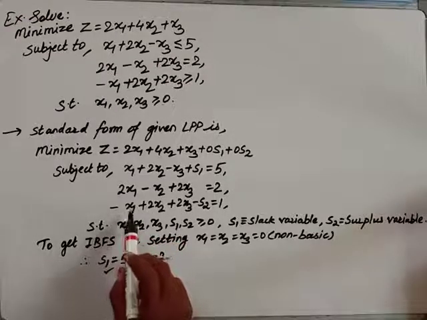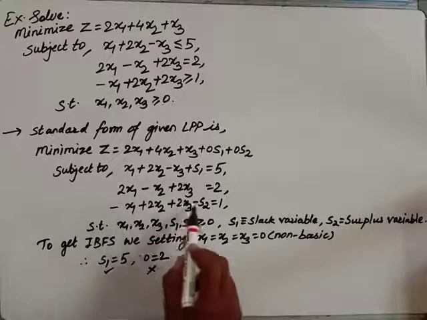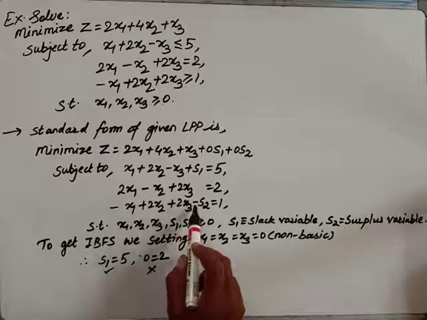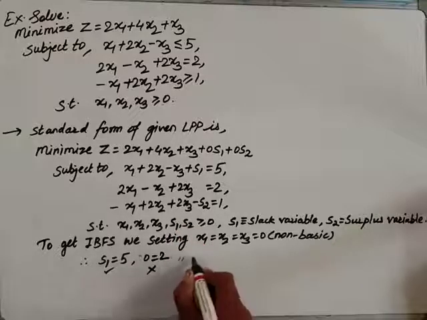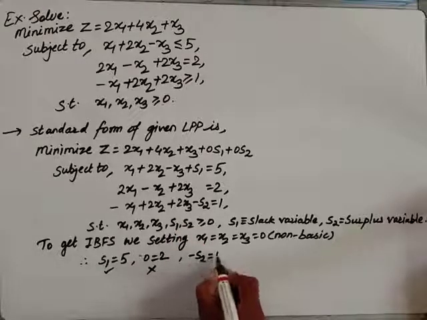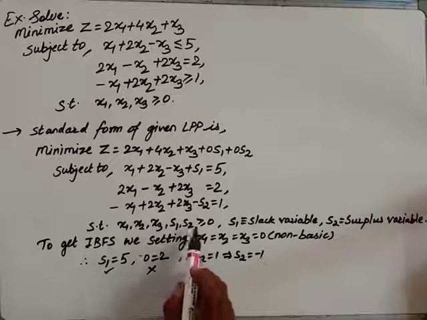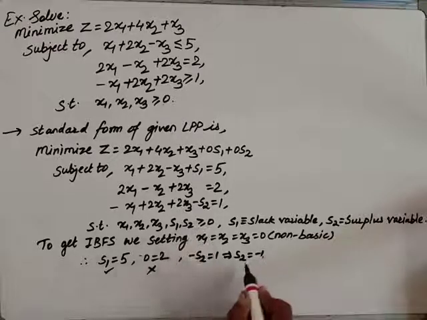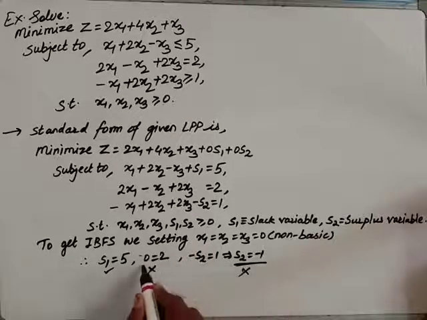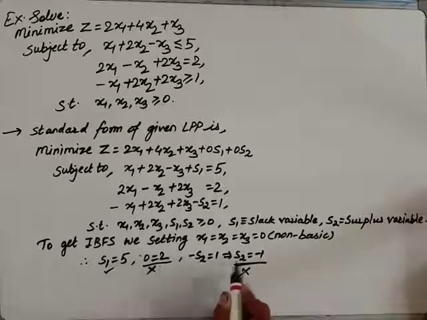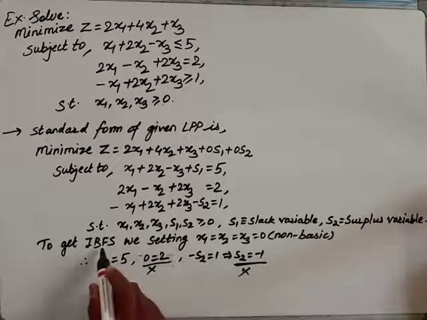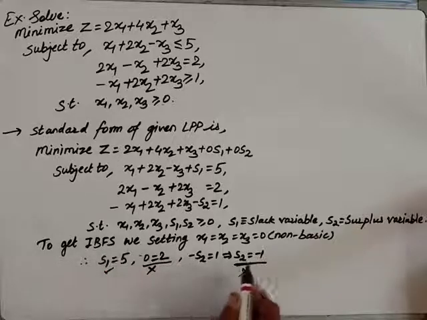Now again x1, x2, x3 are 0, so here this is 0, but this will become minus s2. We get minus s2 is equal to 1, so that gives s2 equal to minus 1, but s2 is greater equal 0. So is this possible? No, this is also not possible. As these two things are wrong here, we can say the initial basic feasible solution does not exist. But since the initial basic feasible solution does not exist, we won't get the initial simplex table.